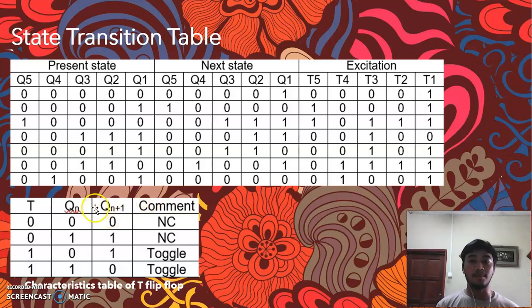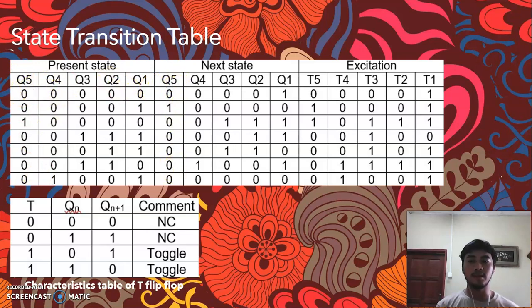We just compare. For Q5, this one is 0, and the next state of it is also 0. We look at Q5 and Q5 in the same row here and here.